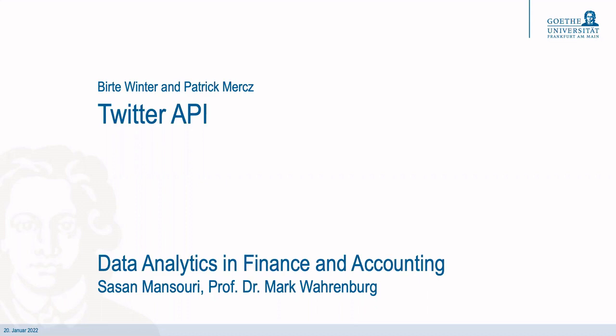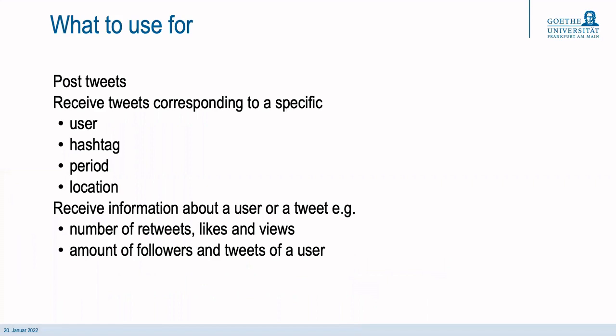Before we start with writing a script for API requests, I will give you a short introduction of use cases. So what to use the Twitter API for in general. One can use it to post tweets, receive tweets corresponding to a specific user, hashtag, period, or location, or one can use the Twitter API to receive information about a user or tweet. So for example, one can receive the number of retweets, likes, and views, or the amount of followers and tweets